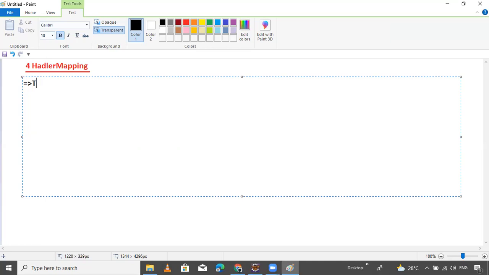Now I'm writing the point. The main intention of handler mapping is to map the incoming request to the handler class, the handler class that can handle the request.